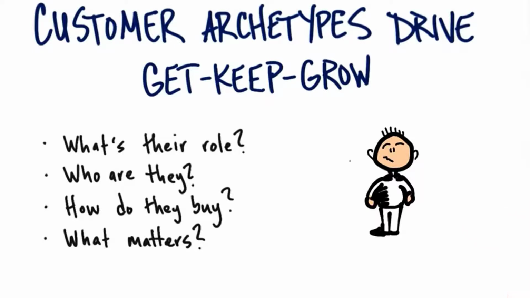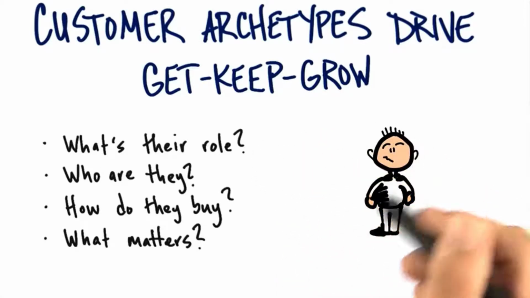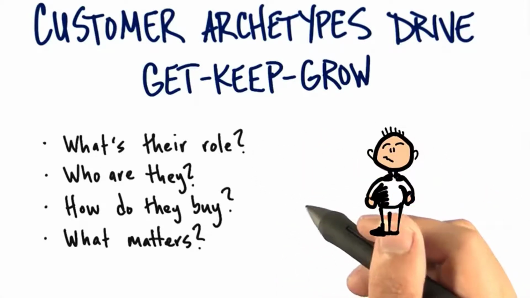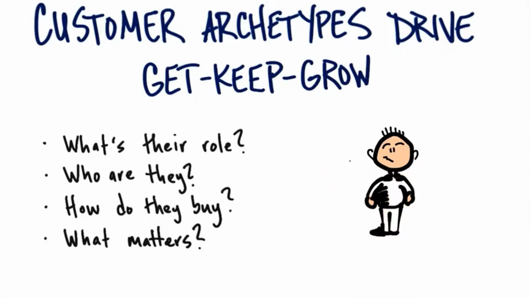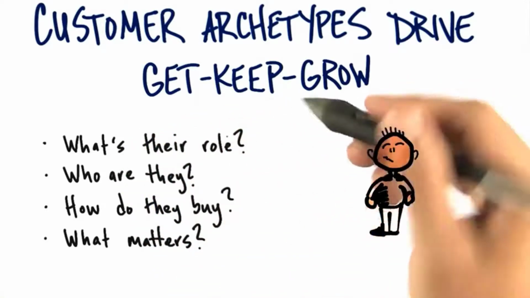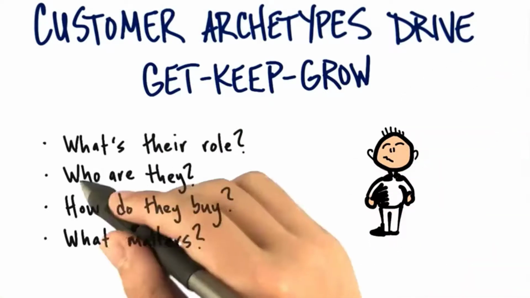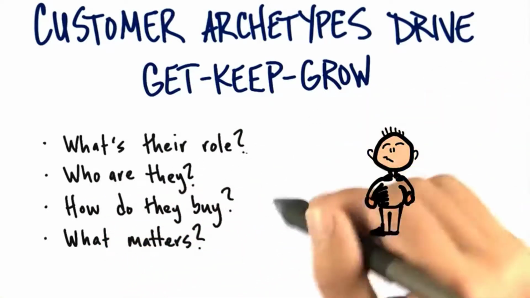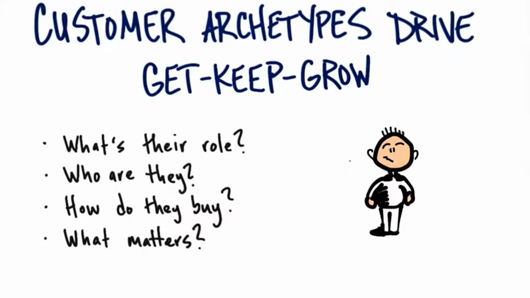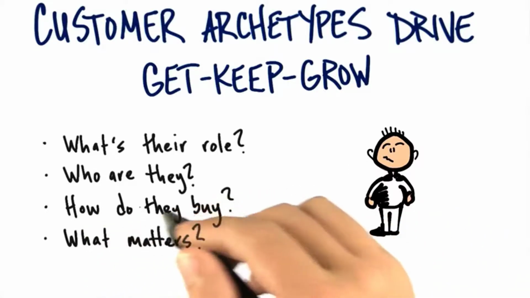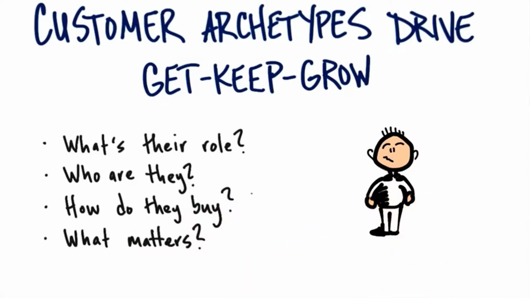And this is not just thinking about selling to consumers, even in corporations, there are human beings with titles that you need to figure out almost the same things as you would in a consumer company. And so what you need to understand, what are the roles of these individuals you're trying to sell to? Who are they? If it's in a company, what's their position? What's their title? What's their organization? And by the way, not just on the org chart, how do they get influenced, or who do they influence? And if they're actually buyers, how do they buy? I mean, how do they hear about products? How do they know about you?